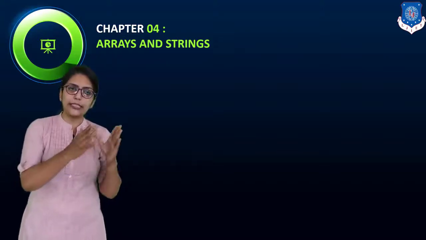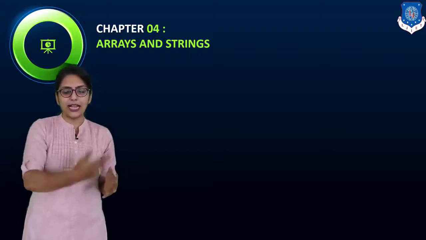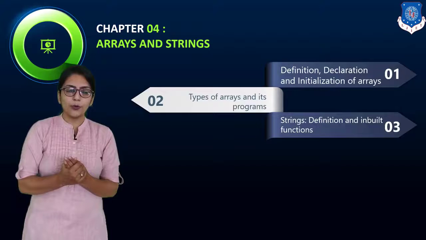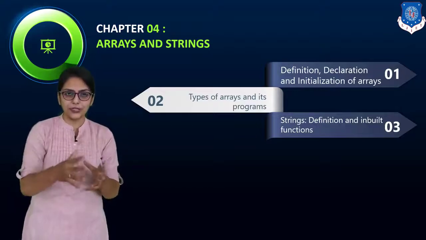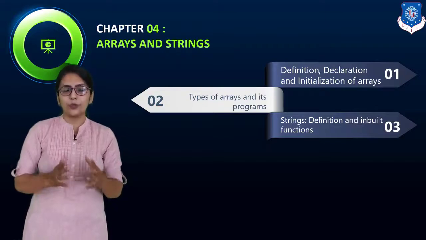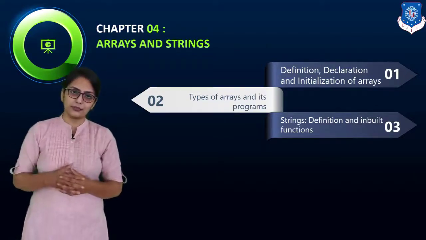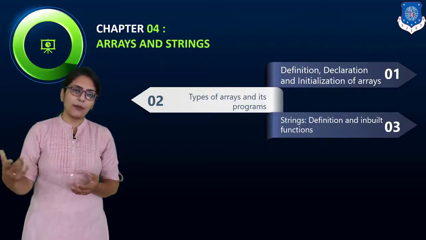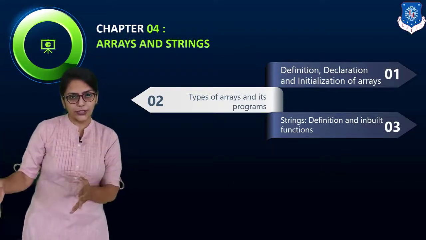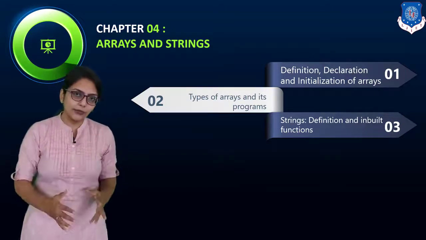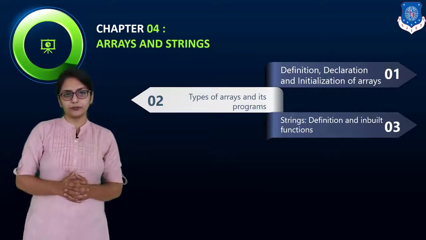Suppose you want integer numbers, like tens or fifties or hundreds of integer numbers, whole numbers. Suppose you want float numbers, the fractional numbers, a collection of them, buckets. Suppose you want a collection of characters. Say my name is Komal, and my name consists of the characters K-O-M-A-L. That is called a collection. That kind of collection is called an array.